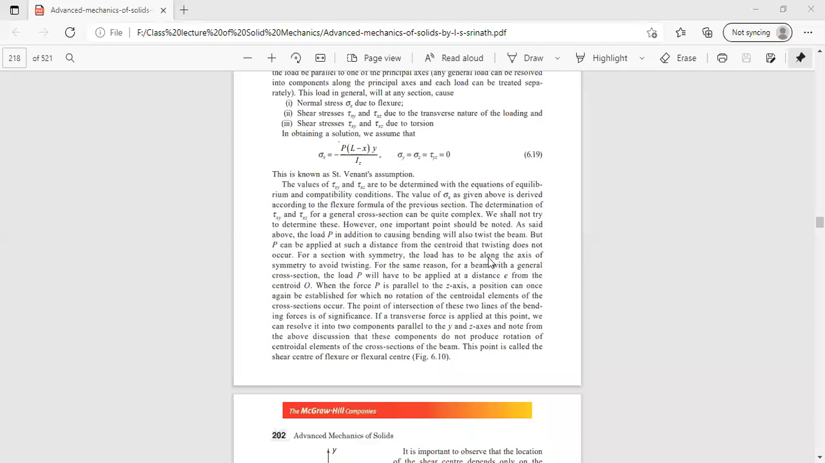We have to apply the load P, and P, in addition to causing bending, will also twist. But P can be applied at such a distance from the centroid of the beam that twisting does not occur. So, for a section with symmetry, the load has to be along the axis of symmetry to avoid any twisting. For the same reason, for a beam with a general cross-section, load P must be applied at a distance e from the centroid. When the force P is applied parallel to the z-axis,